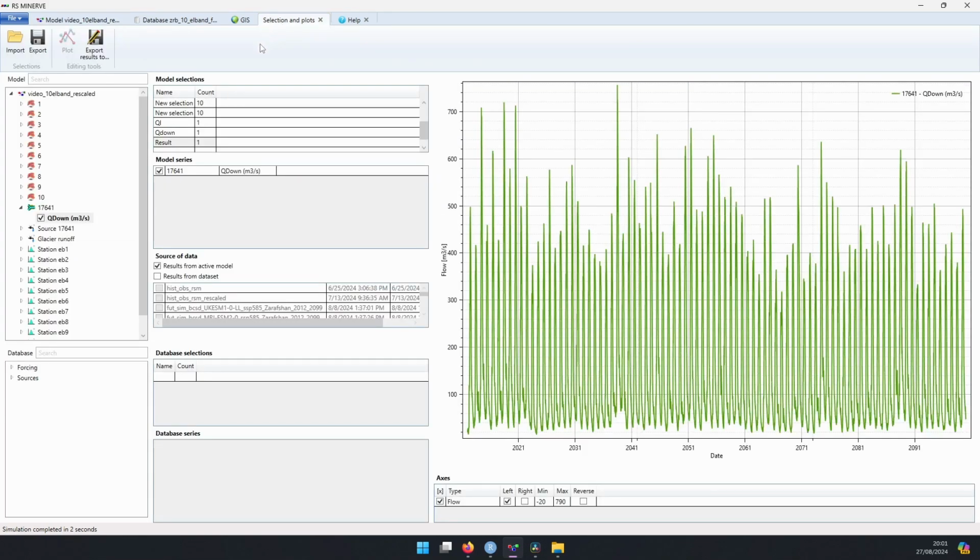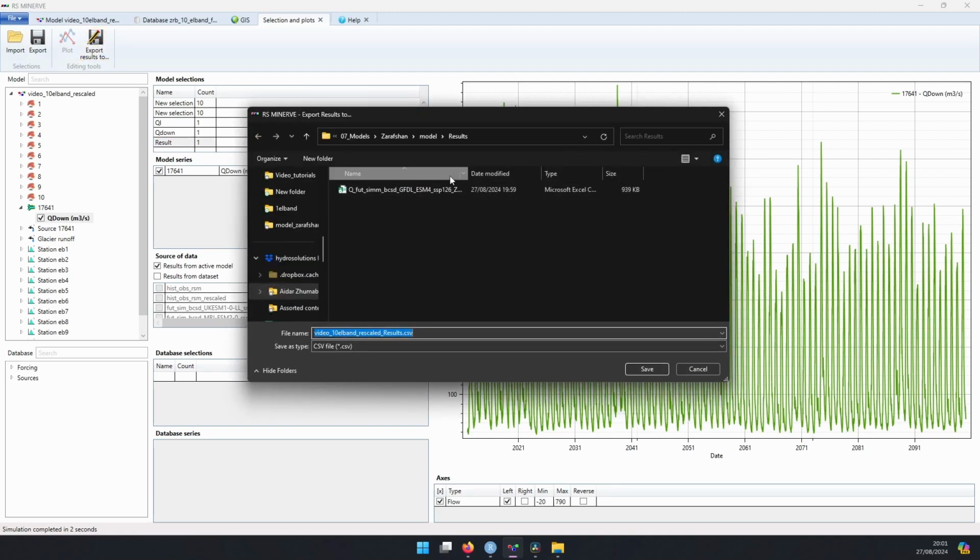Now we go to the selection and plots, choose the result and export it again. Choose a similar name but with a different model name, IPSL